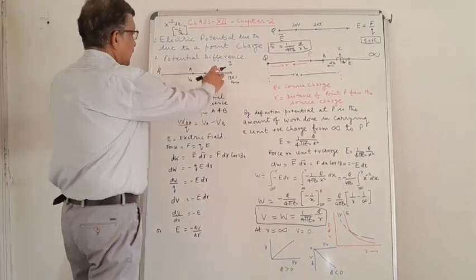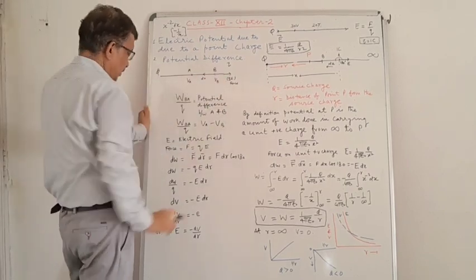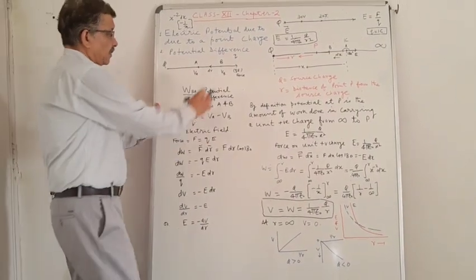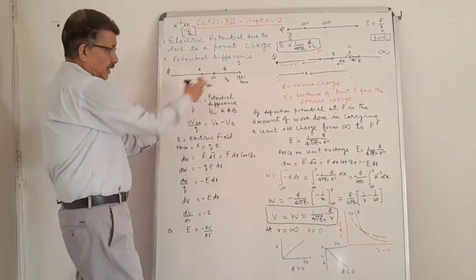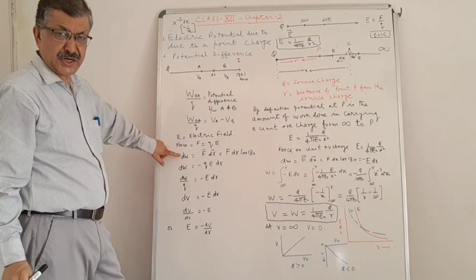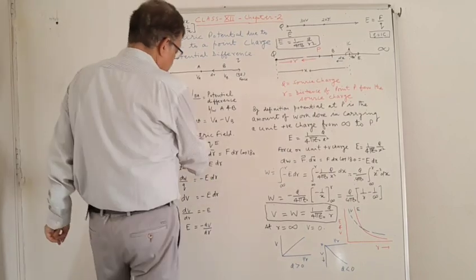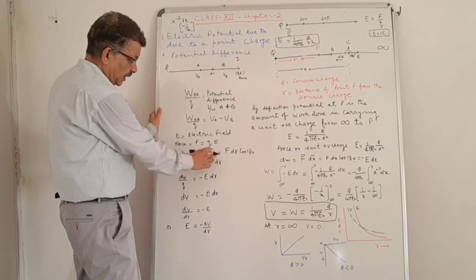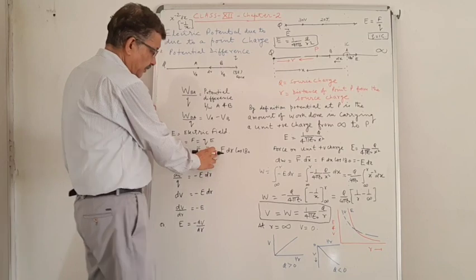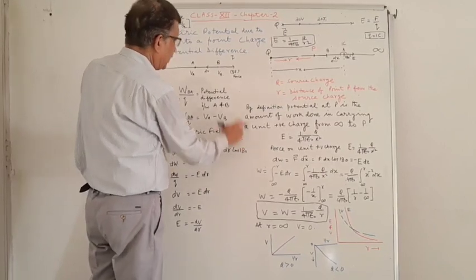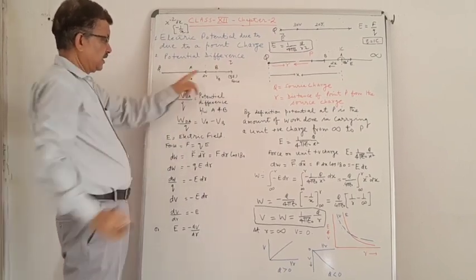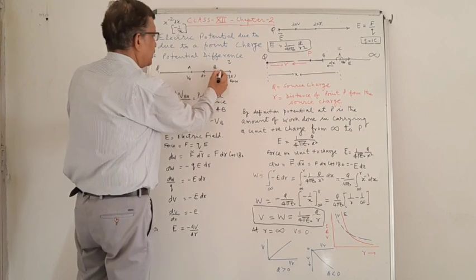Now suppose E is the electric field at this particular point. Now the force F is equal to Q into E. Suppose I am taking Q charge over here, so Q into E. Now a small amount of work done, dW, is equal to force into dr, the displacement from here to here. So that is F dr cos 180 degrees, because the force is acting in this direction and the charge Q is being brought from here to here. So the angle between these two is 180 degrees.